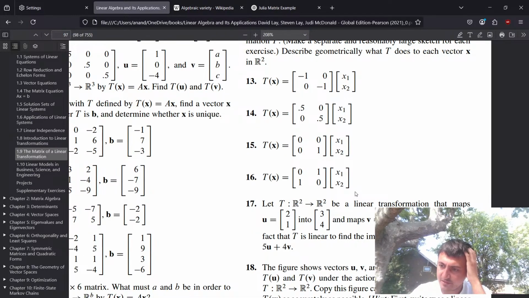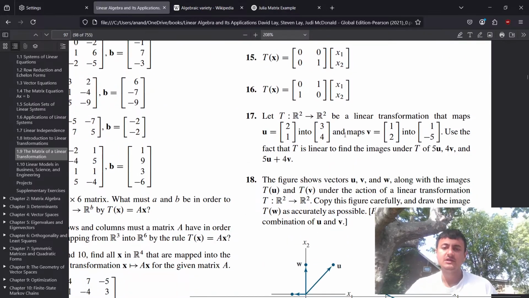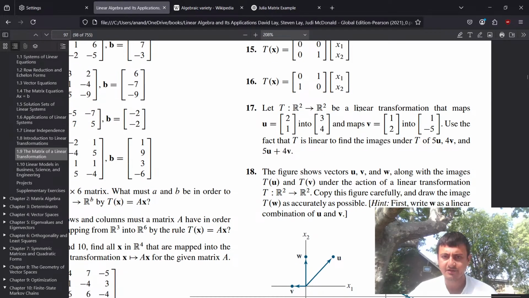Maybe we could test it with another example. If we give it 2, 1, we're going to get 1, 2. Yeah, it just flips it across. So that's good. All right. 17. R2 to R2, the linear transformation that maps